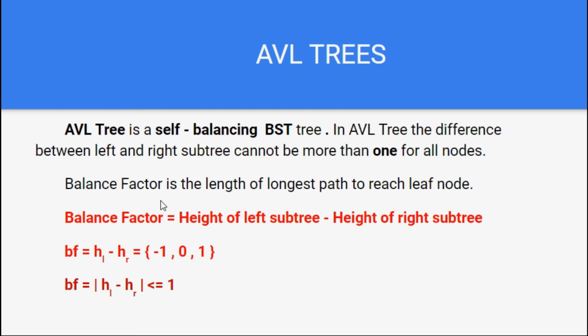Particularly, we need to focus on the concept that whenever you are calculating the balance factor, we are going to calculate the height of the left subtree, the height of the right subtree, and then the difference of both. If the difference comes out to be -1, 0 or 1, then we are fine. If the difference is any other value apart from these three values, then we need to perform some kind of operations. Now, what those operations are, let's understand.